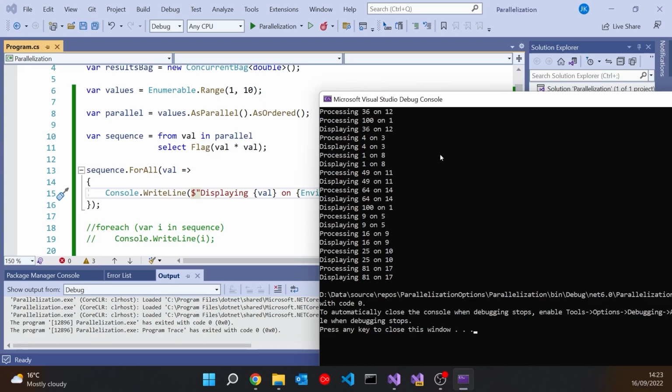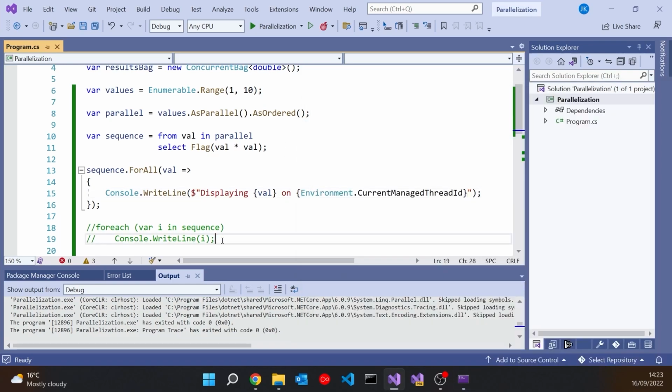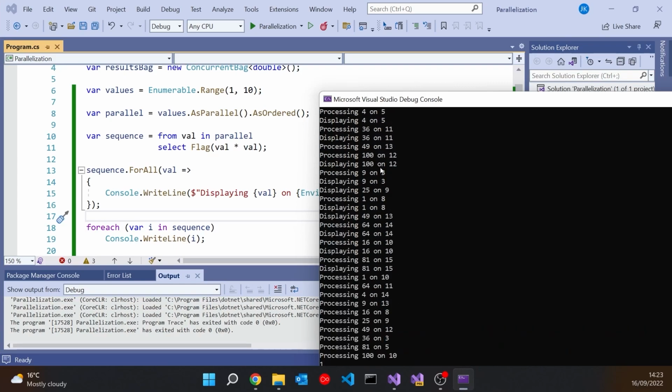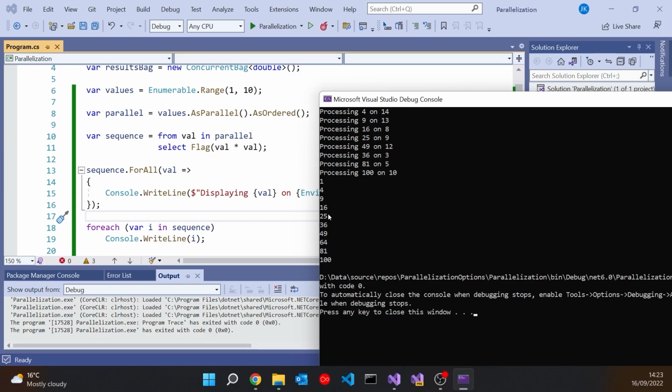So what this means is we can do our display still in parallel, whereas the foreach is definitely going to be non-parallelized, so that is always going to be on the main thread. And so if we do this, what you'll notice is that although the processing and the displaying are intermingled, the final display, because it has to be done in the main thread, is all going in one thing on the end.